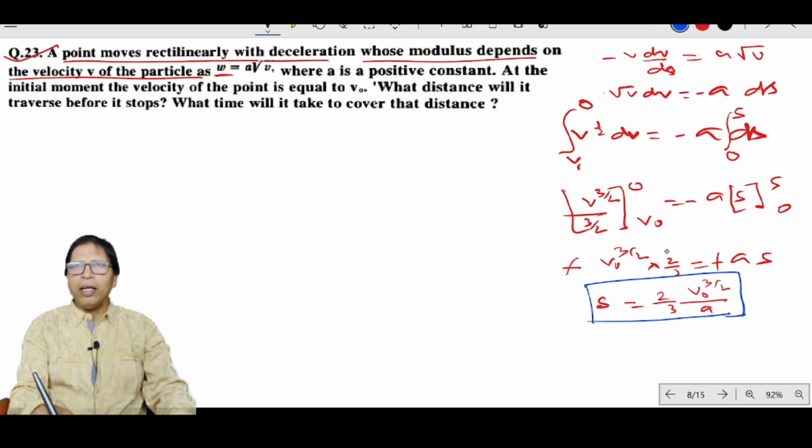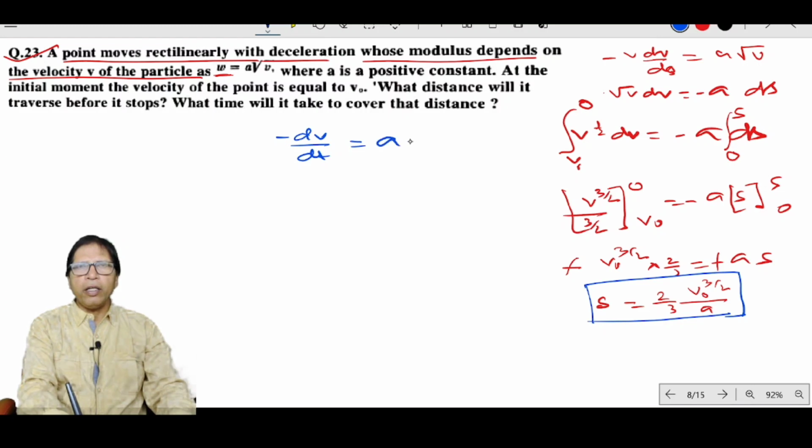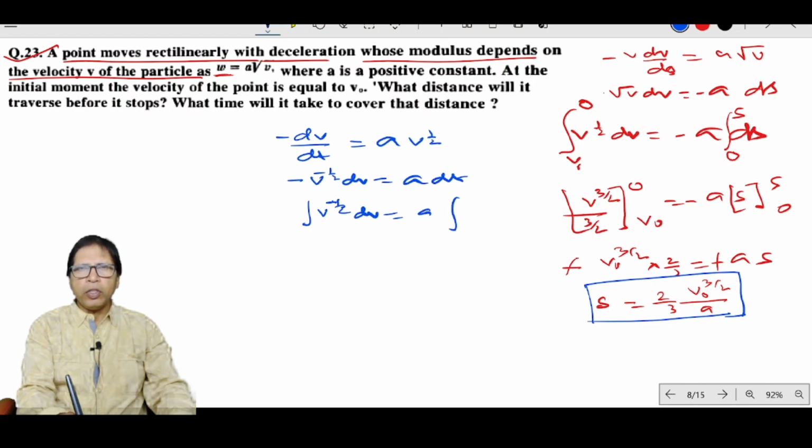No problem. Now we have to calculate the time at which the velocity of the particle is 0. Deceleration is equal to dv by dt. So dv by dt equals a into v to the power half. Therefore v to the power minus half dv equals a dt. Now integrating, v to the power minus half dv equals a integration